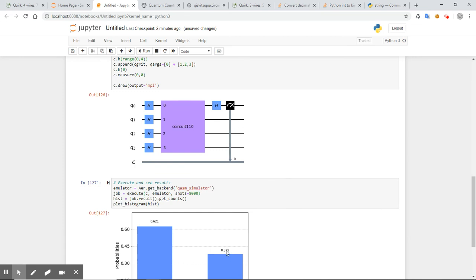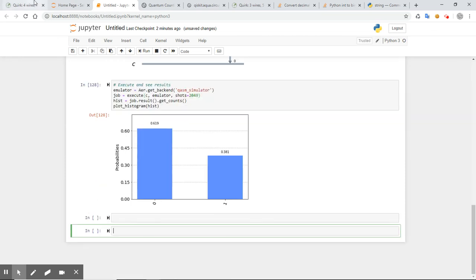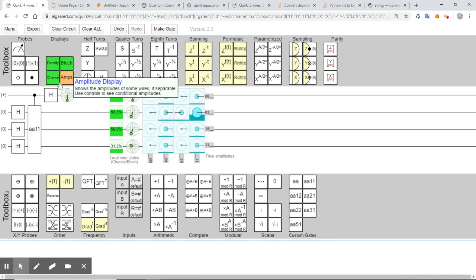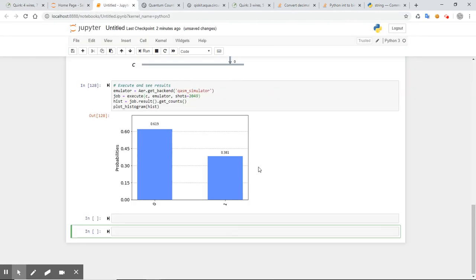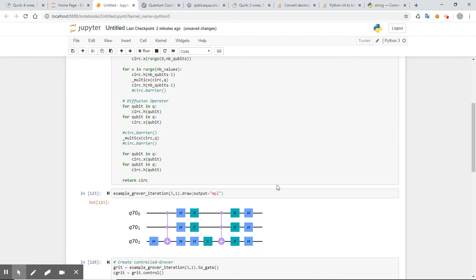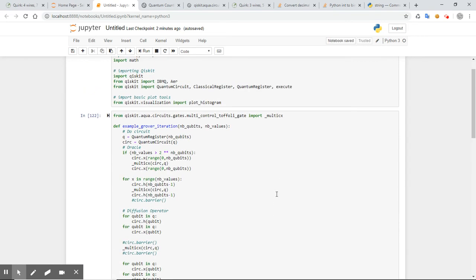It's 37%, so 40% roughly. So it's not matching what I expected it to be according to Quirk, right? I'm trying to build these basically. Anyway,